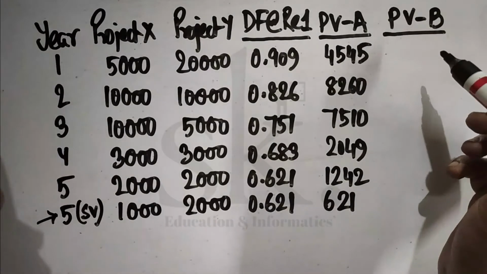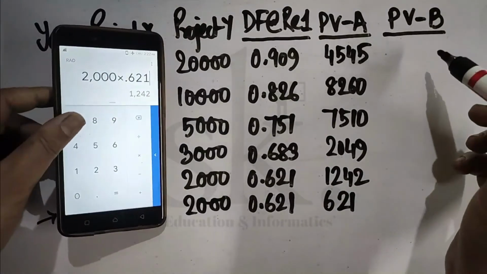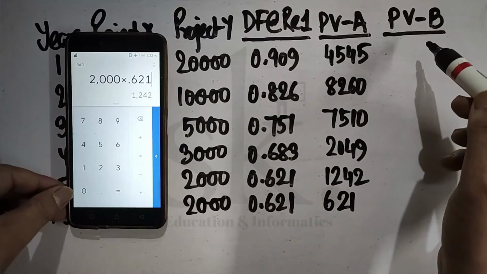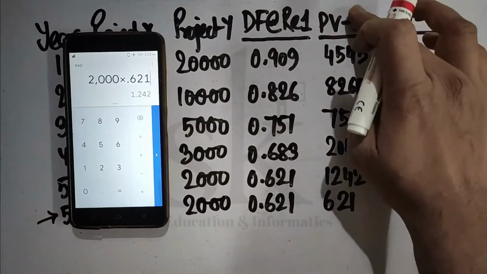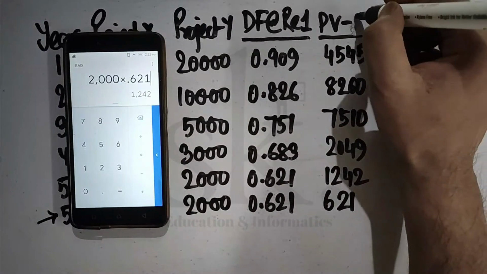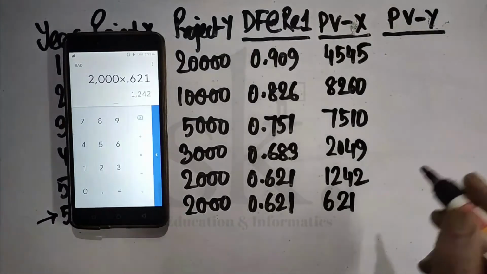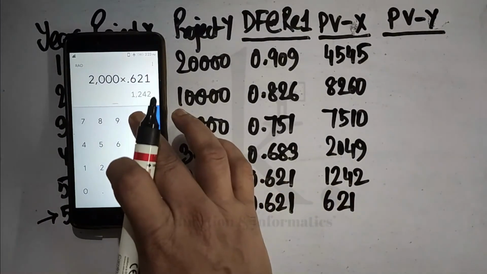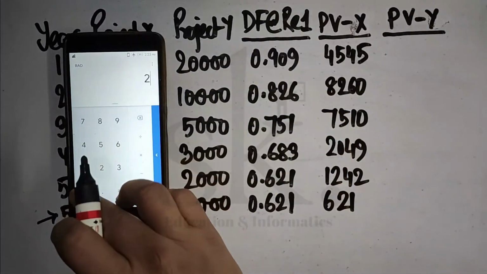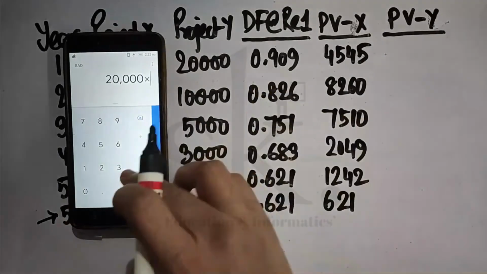So similarly, we also require to calculate for project B. Sorry, we named it as XY. I'm very sorry. So this will be the present value for project X and the present value for project Y. So let's calculate for project Y. For project Y it's 20,000 into